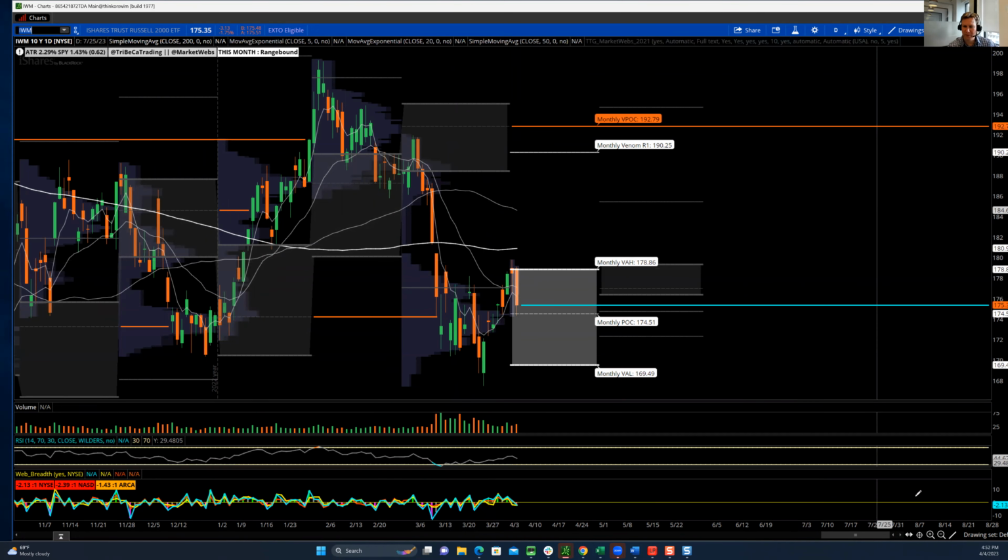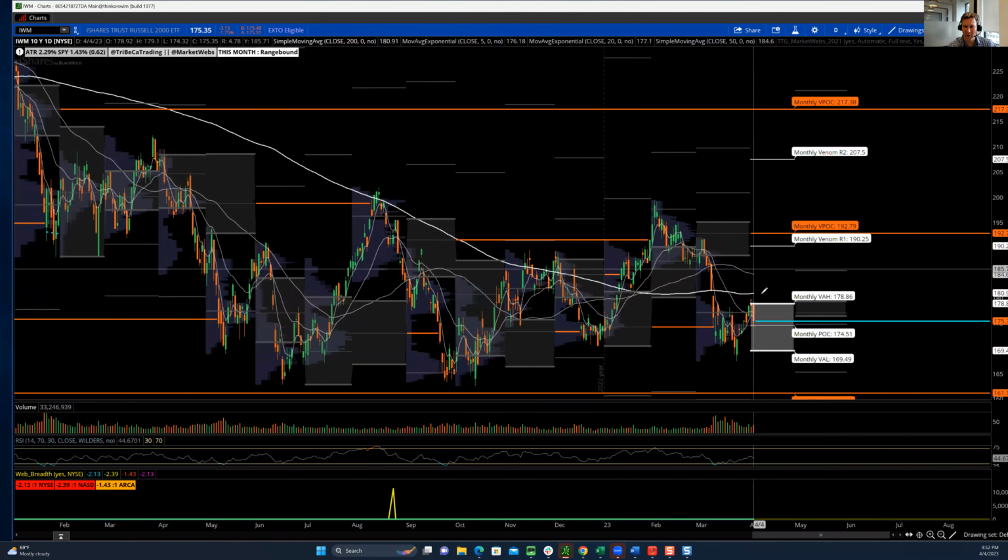But this is always the concern, because IWM is in a downtrend. I always talk about this because I'm mainly a trend trader. I stick to things that are in uptrends. And I always try to bring this thought into traders' and investors' heads: a lot of investors like to buy things that they think are cheap, and that could mean a name's in a downtrend or an area's in a downtrend.